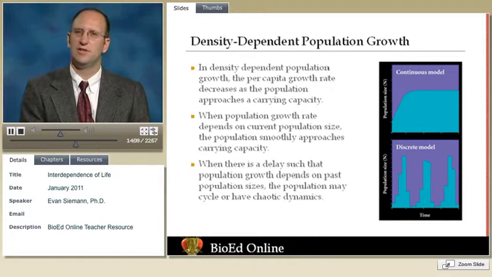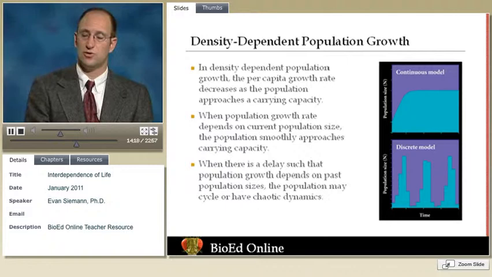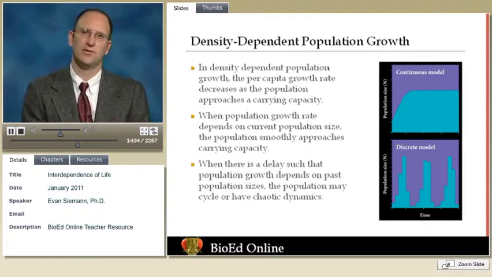For a model with continuous time, where reproduction and mortality happen throughout time, the model can give just 3 different types of dynamics. One of them, if the population growth rate is positive, it will approach carrying capacity with a sigmoidal S-shaped curve. At low population size, it would look like a density-independent model. As it reaches half of carrying capacity, it'll have an inflection point, and then the growth rate would decrease and it will smoothly approach carrying capacity.